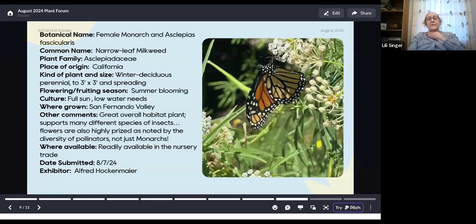Also from Alfred's garden, a female monarch butterfly sitting on Asclepias fascicularis, which is one of our native milkweeds in California. She's actually nectaring on this, but the Asclepias are not just nectar plants for this butterfly and many, many others, but they are the food plants for the monarch caterpillars. So it's really important to put some milkweed into your garden to make sure that you can support the monarch